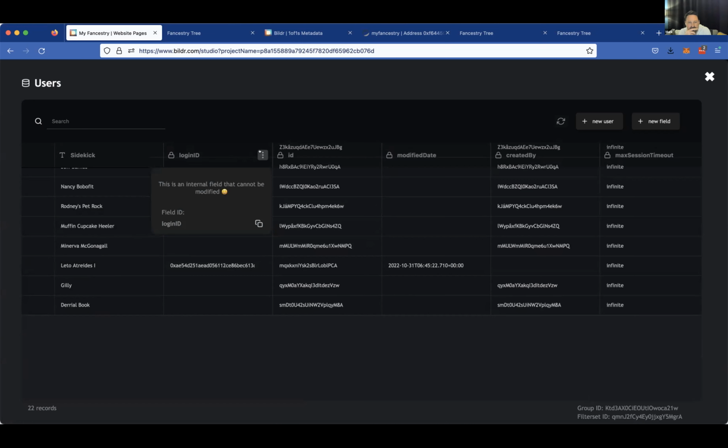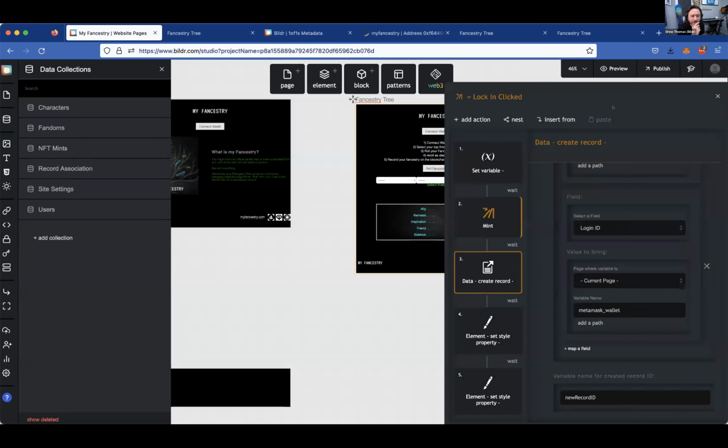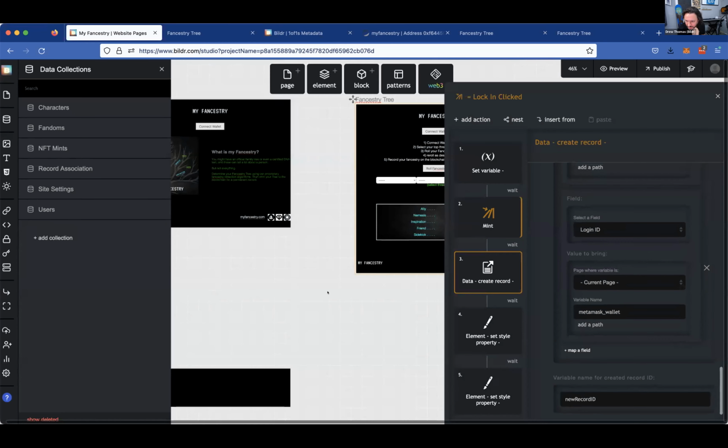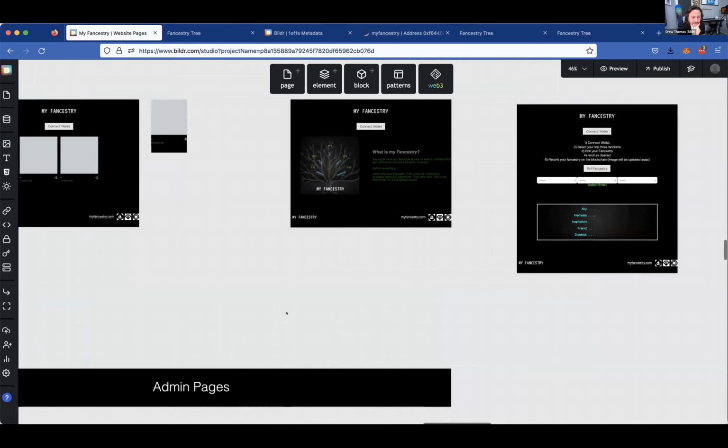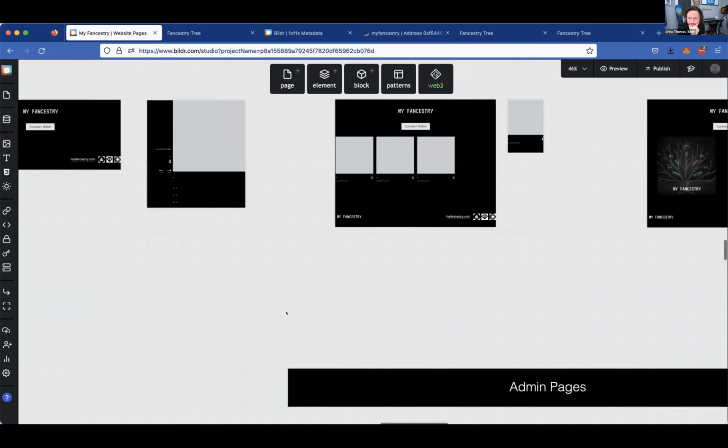How would you? How did you do that? So I'm still confused now, because that login ID field you're not supposed to be able to change, but if